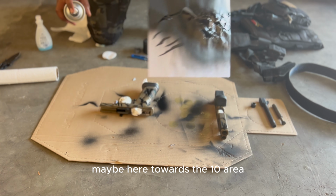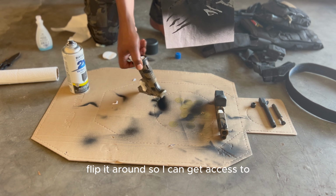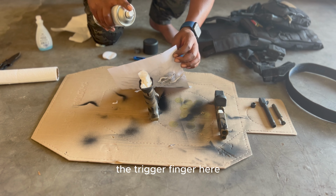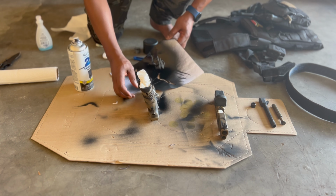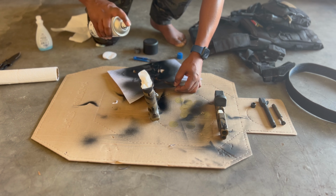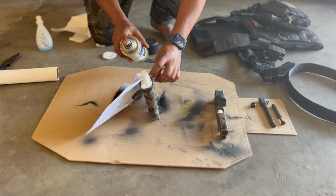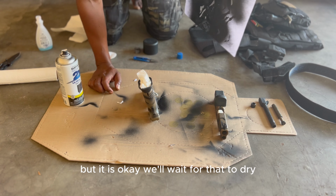Maybe here towards the tank area, without doing too much or overdoing it. Flip it around so I can get access to the trigger finger here. Yeah, the front portion without spraying the serial number, and back here. Now I just sprayed myself, but it's okay, we'll wait for that to dry